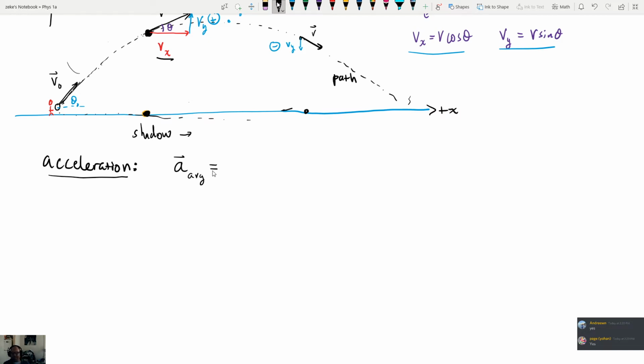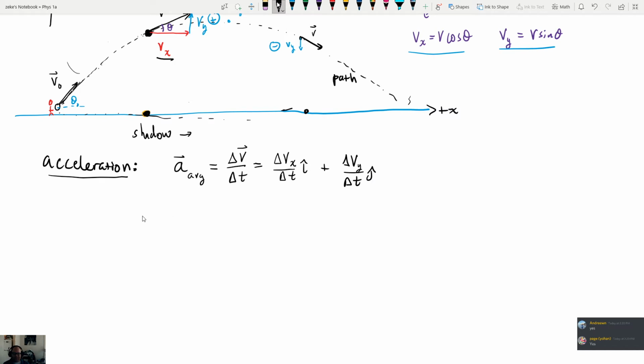We can say that average acceleration is going to be equal to the rate of change, or the delta v, the change in velocity, divided by the change in time. And of course, we can also write this as a vector as delta v sub x over delta t times i hat